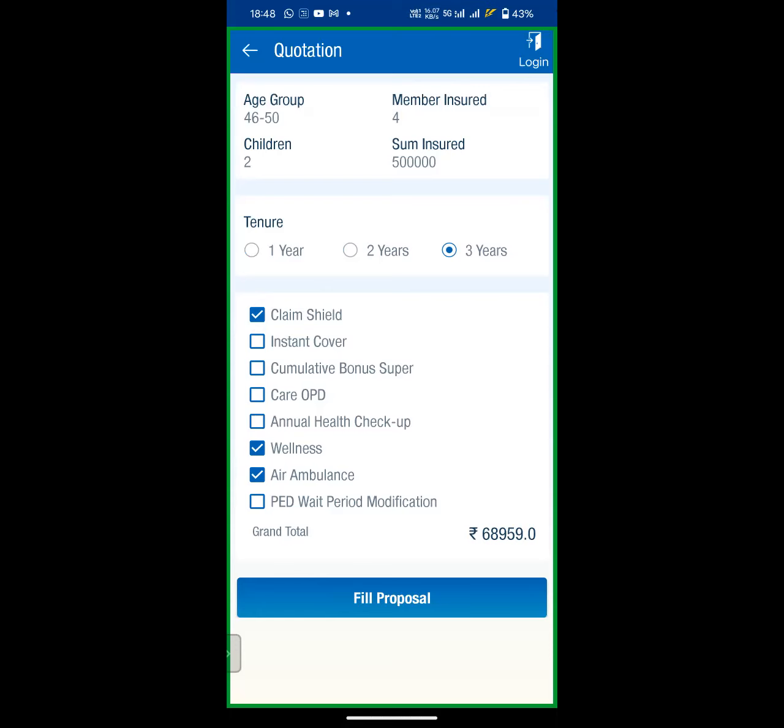For example, there is a list of non-consumable items which are not covered at the time of claim, which the customer needs to pay from his pocket. So by adding Claim Shield, an additional 68 items would be covered at the time of claim. So the share the customer pays at the time of claim would be very little when compared to